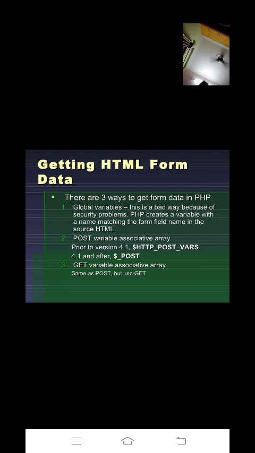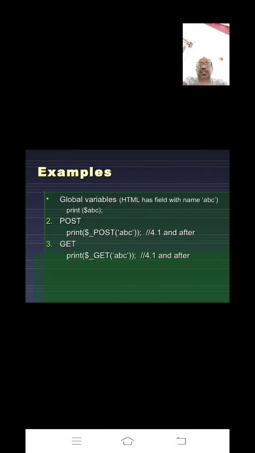Totally three methods are there for gathering the information from HTML to PHP into the database, right? So that is global, post and get method. Here is also given the example of how to print that information after getting it through either a global variable, post method or get method.